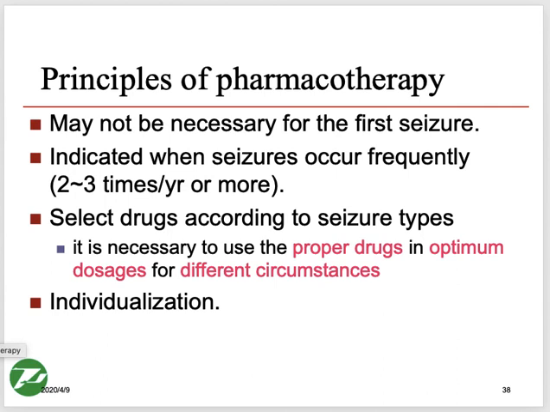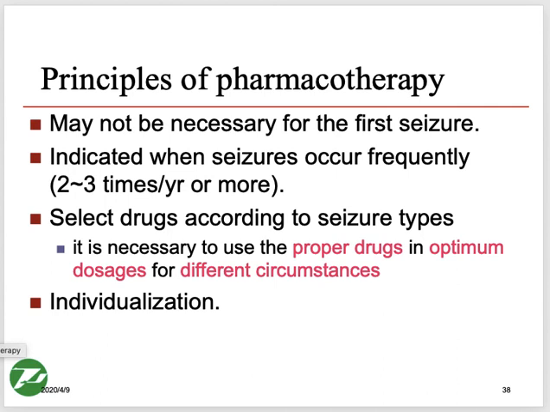I can take ethosuximide. There are a lot of drugs, right? All of them are called AEDs. First of all, we put the patient on one drug and see what the response is. If the person's seizures are controlled on one drug, we maintain their dose. If the epilepsy is not controlled on one drug, then we change the drug. And if the epilepsy cannot be controlled on one drug, then we give a combination of two drugs, right?